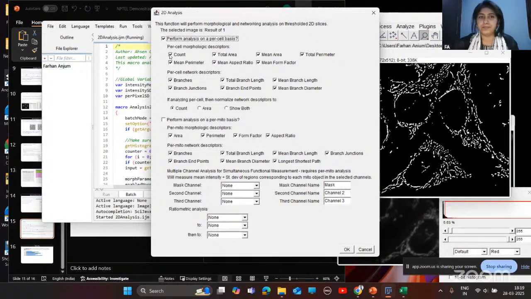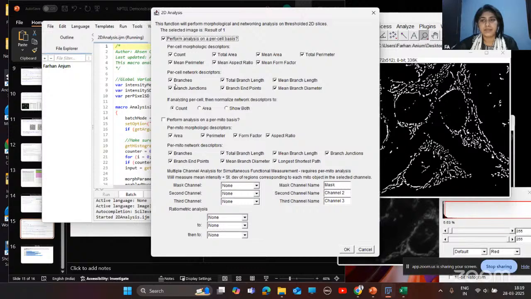So you can see there are several options. If you want to count your mitochondrial filaments and you want to quantitatively analyze total area, mean area, total perimeters.